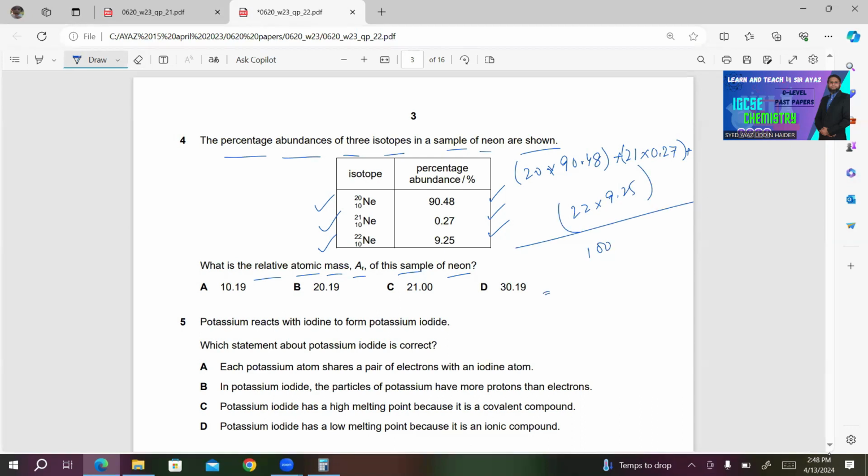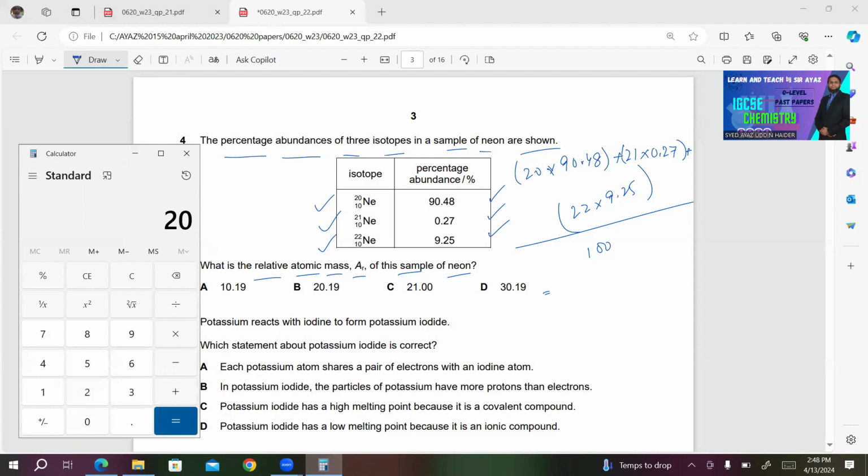So what you will get? 20 into 90.48, 1809.6